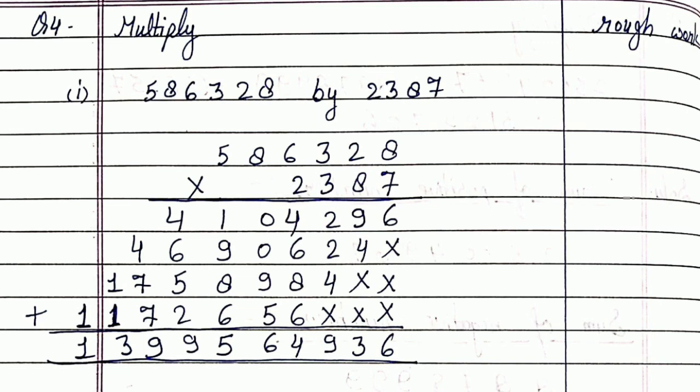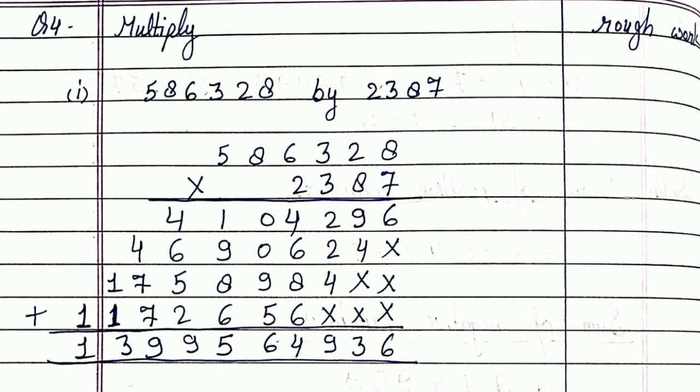So this answer we will write here, and we start writing from right to left side. So 6 we will write at the ones place because 7 is situated at ones. Okay, when we multiply this whole number by 8, then we will start writing the answer at the tens place. In the ones place we will make 1 cross because the ones digit is over. 8 is situated at the tens place. In 10, 0 is there, so that's why 1 cross we will make. So like this we can write.